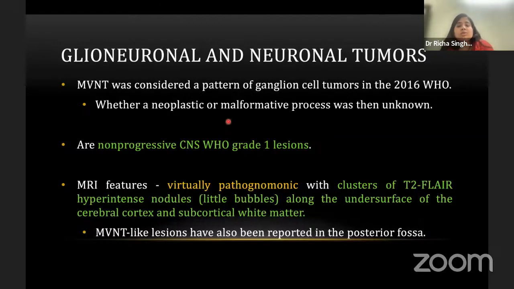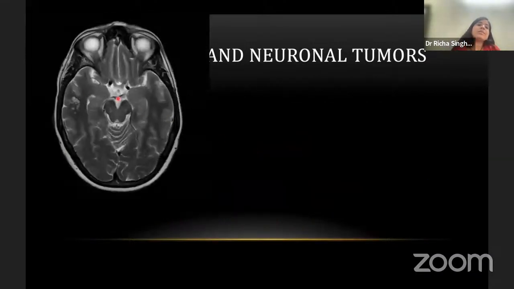But now in the WHO 2021 classification, they have graded this tumor as a WHO grade 1 tumor and classified it separately in the group of glioneuronal tumors. So this is a typical appearance of MVNT. It sits at the base of a sulcus or in the subcortical region, and it surrounds the sulcus with these